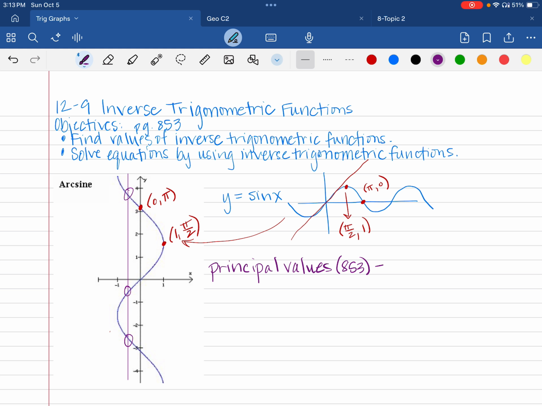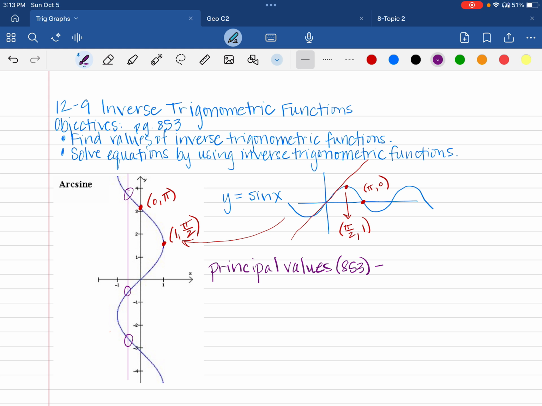So the principal values are also the values that your calculator will give you back if you did the inverse sine of something or inverse cosine of something. Your calculator is only going to give you one answer. For instance, if I wanted to find the inverse sine of 1,